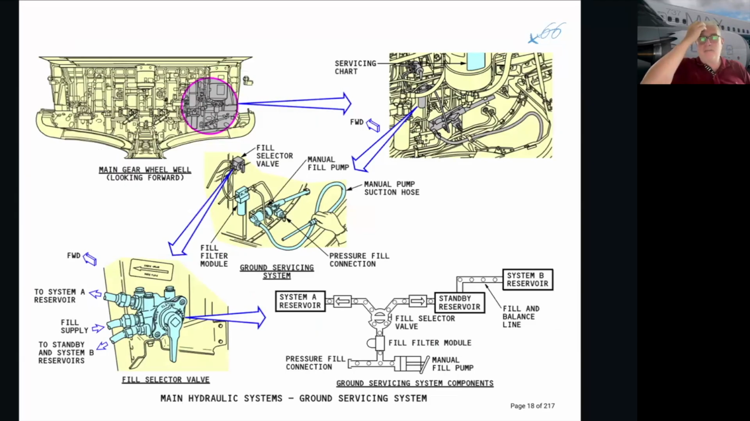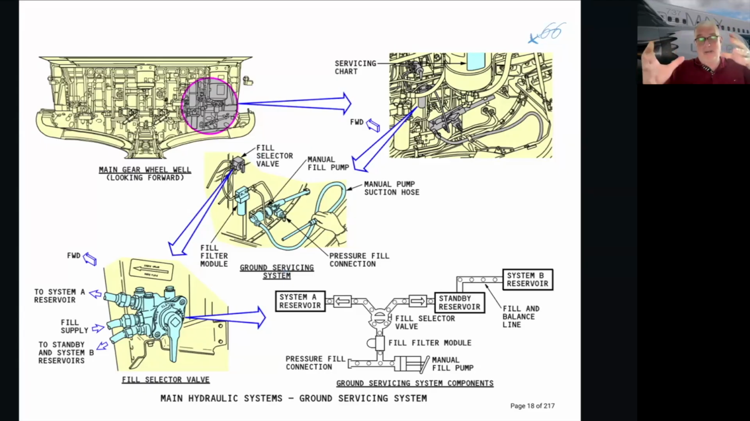Okay, for ground servicing, the ground servicing takes place inside the wheel well in the right hand area, in the right hand corner. As you can see here, there's this little arrangement. There's a little handle here with a hose that gets stowed inside the aircraft. And the idea is there is a fill selector valve where you choose system A or system B, which side you want to uplift. Okay, then you get your can of hydraulic, and then you make a hole in the can